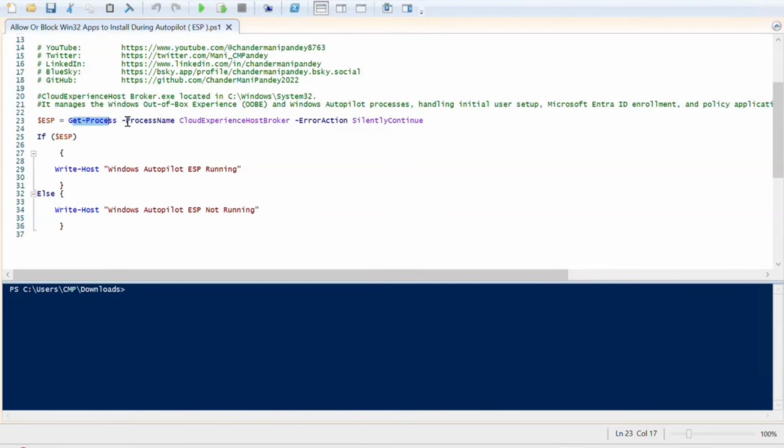That is why we are detecting this particular process. If the process is running, we are saying that Windows Autopilot ESP is running. If this process is not running, we are saying that Windows Autopilot ESP is not running. So this is how you can control the installation of your Win32 application during the